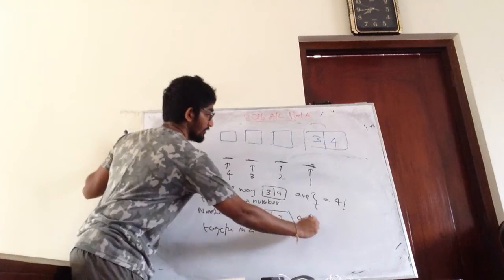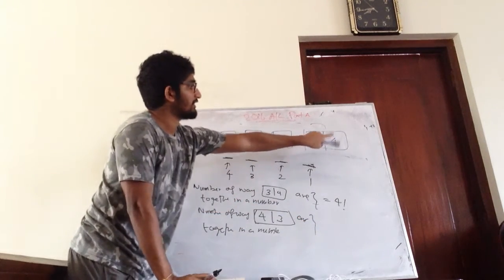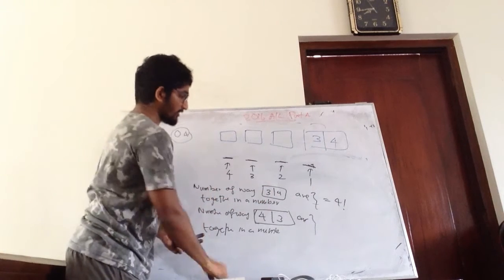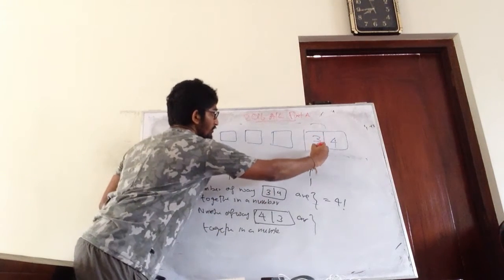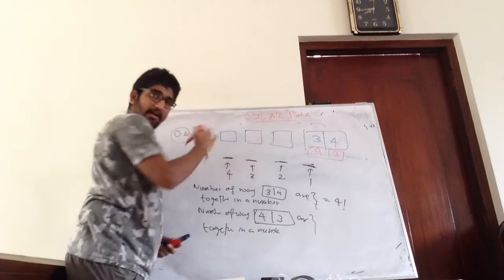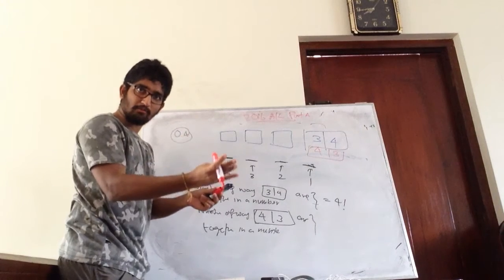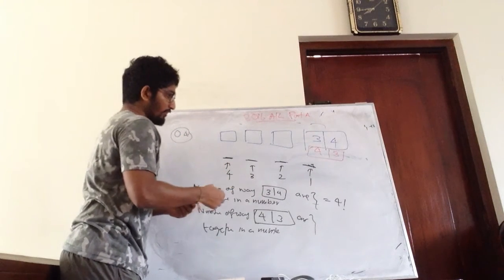Does this change now? No, because what I did was I just made this 4 3. So still there are four numbers. So if we cluster that out, the different ways are